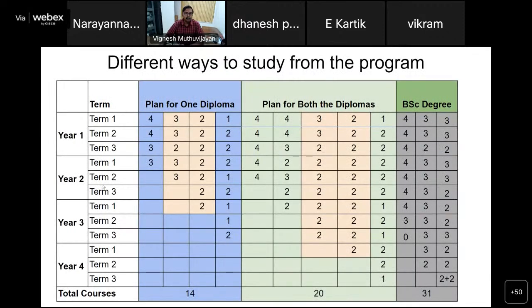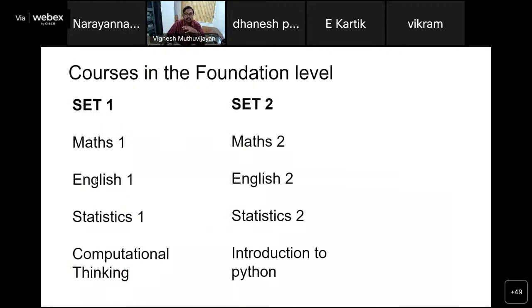So here are various plans you can have. These numbers are slightly outdated, but it just shows various paths you can take. As I already said, you could do 1, 2, 3, or 4 courses depending on the pace at which you want to go. So these are some different ways you can study, and we will give you some roadmaps. More importantly, at the foundation level, you should focus on planning your courses in such a way that you complete the prerequisites and then follow with the advanced courses in set 2, and follow through within the specified time period and so on.